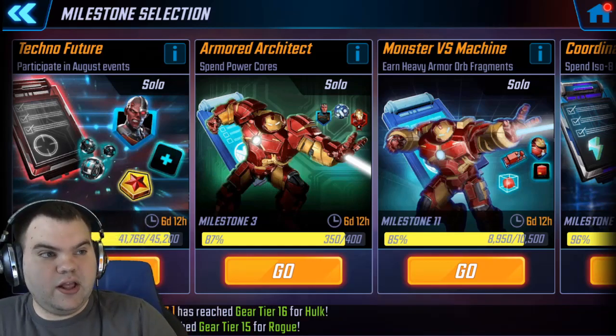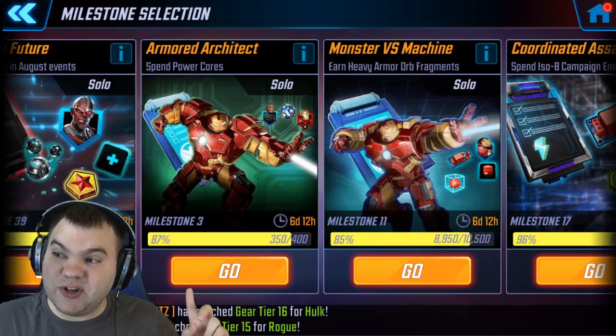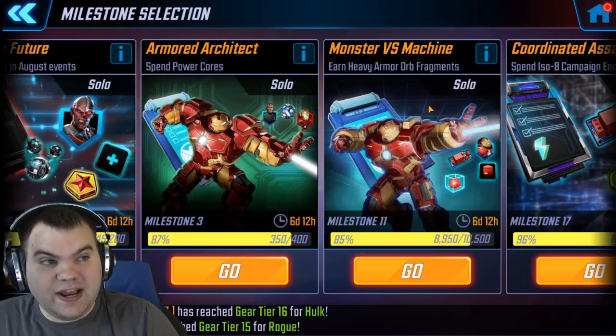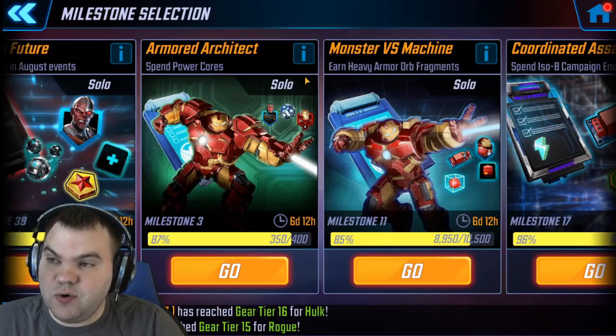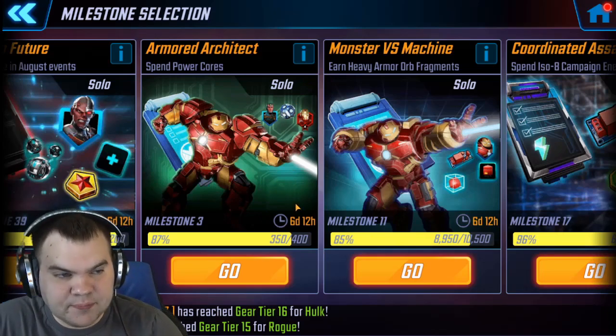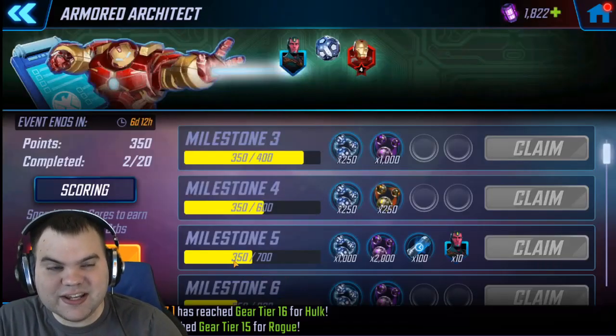So there are two milestones in game. There's also a web milestone, which we'll talk about here in a moment. Spending power cores and earning heavy armor orb fragments, and these two will help give you progress on unlocking Hulkbuster. Spending power cores, this one,